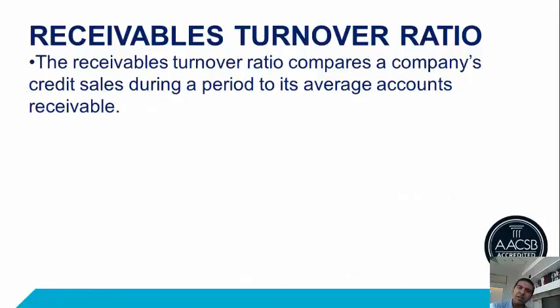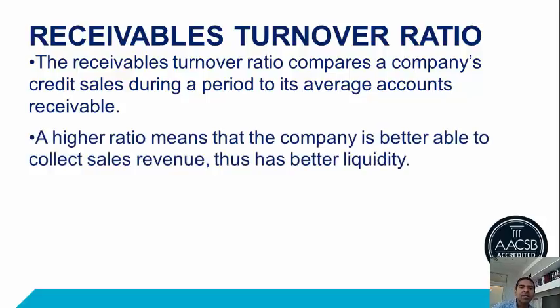The third ratio is the receivables turnover ratio. The receivables turnover ratio compares a company's credit sales in a period and divides it by its average accounts receivable. Why would you do that? Well, the higher your ratio, the better your ability to collect sales revenue. If you think about it, if you've got, say, all these credit sales, but your accounts receivable balance on average for the period is really low,